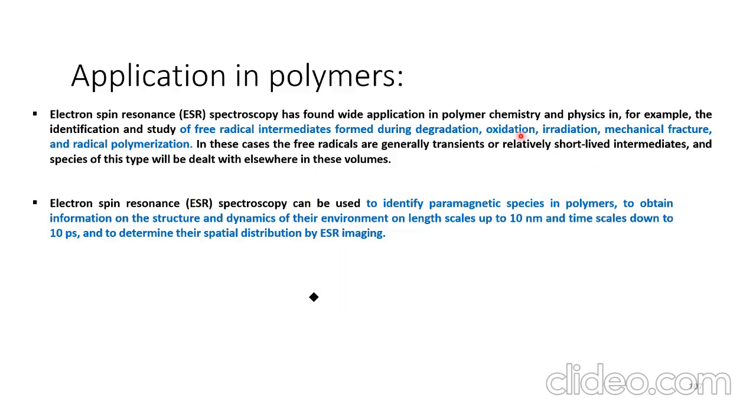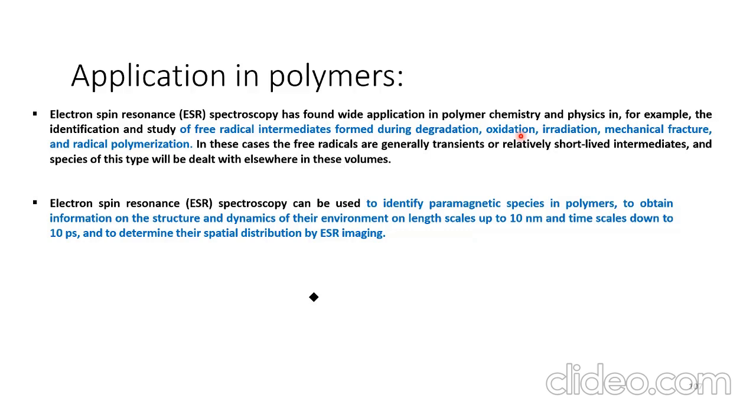Then in polymers, ESR has a very wide application, like in polymer chemistry, for example, the identification of free radical intermediates formed during degradation, oxidation, irradiation, mechanical fracture, and radical polymerization, etc. In these cases, the free radicals are generally transient or relatively short-lived intermediates, and species of this type will be dealt with